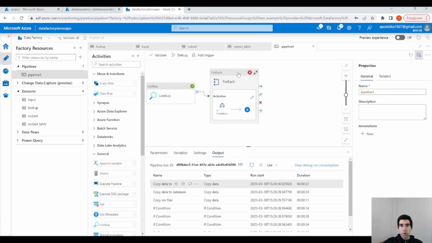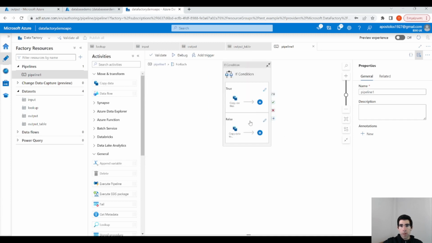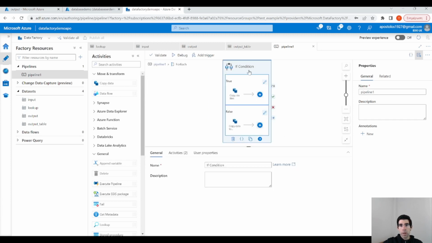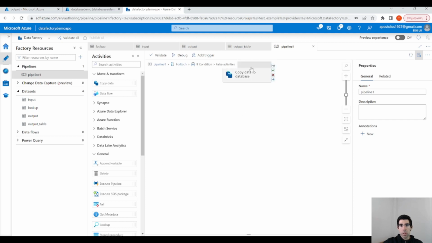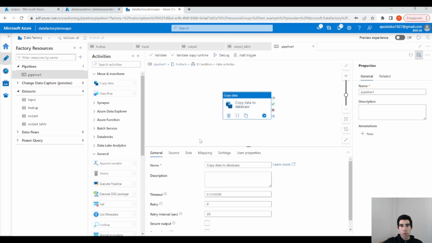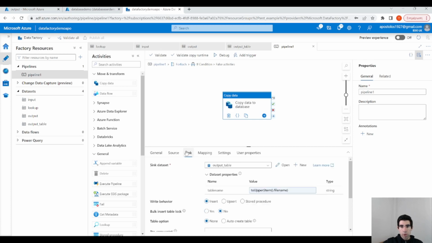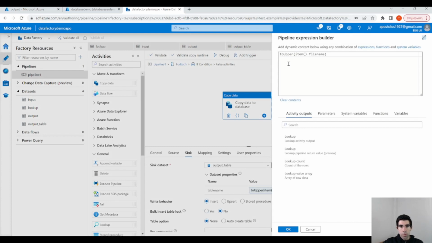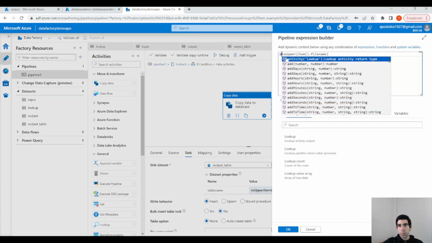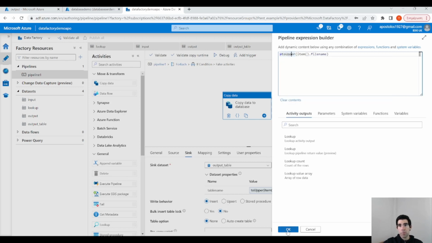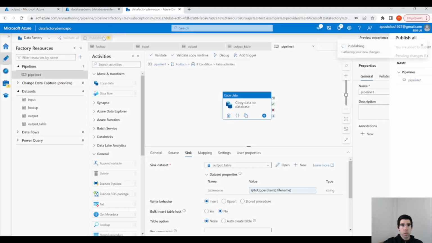Yeah, that's correct, because if we go into our false branch, where we copy the data from the container to the database, in the sink activity we forgot the @ symbol. Otherwise, it doesn't recognize the function. So if we click publish again,